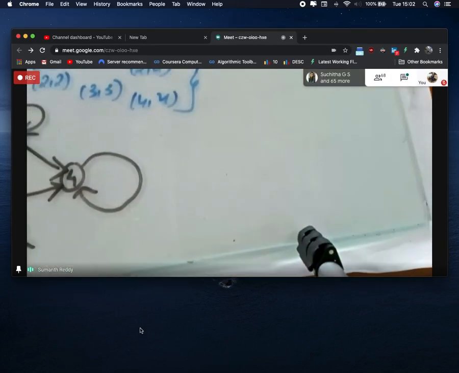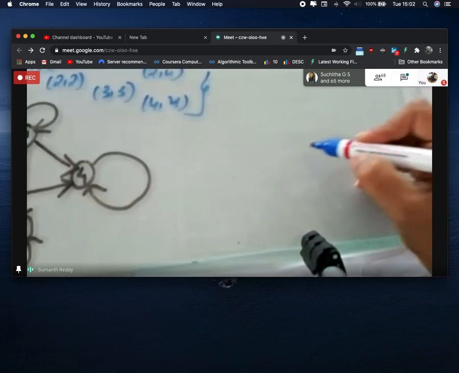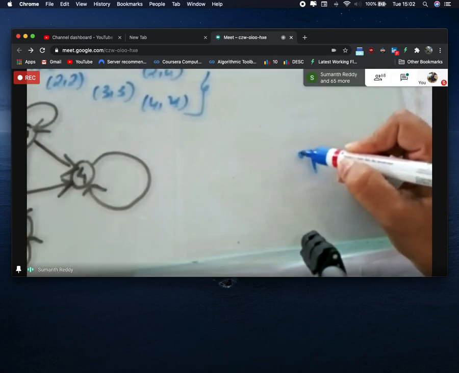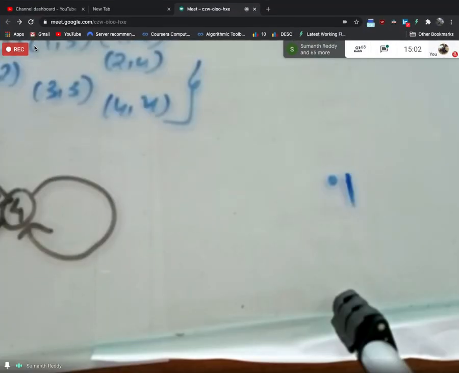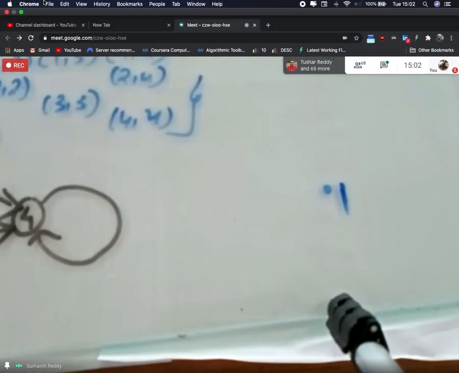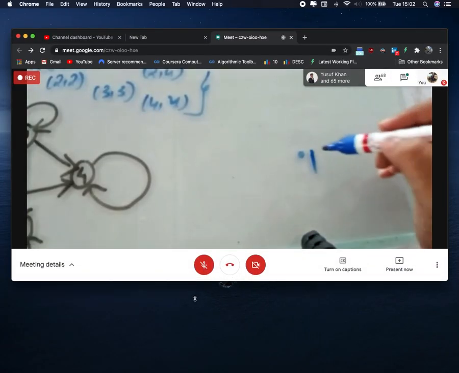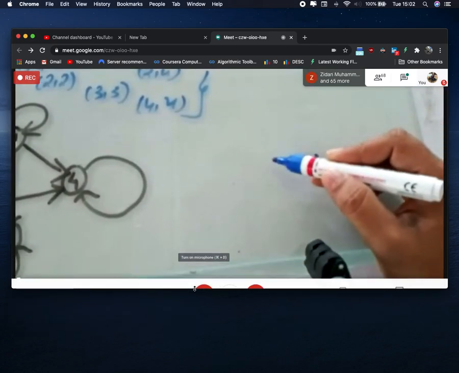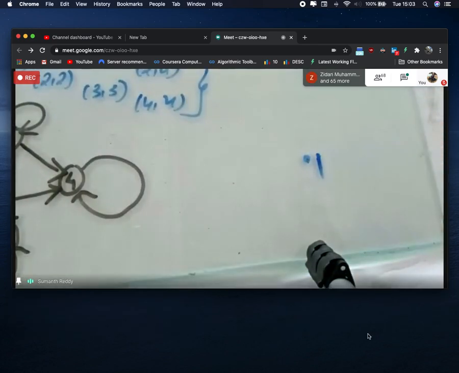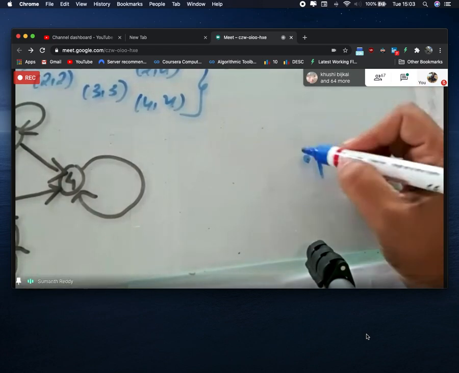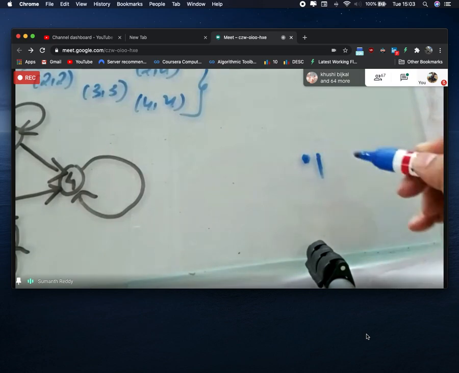So when I start writing the Hasse diagram, I will always start with the least element, and I will write 1 followed by just a dot. What is the meaning of this dot? This dot will represent the reflexive relation. This is the same as writing 1, 1. In the digraph, I would write one circle, put 1 there, and then draw a loop. Here it is not required, because in a Hasse diagram we already know that the relation is a partial order, which is reflexive also, so we need not explicitly represent this self loop.